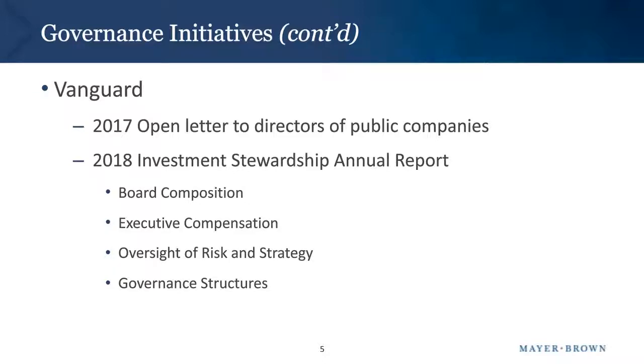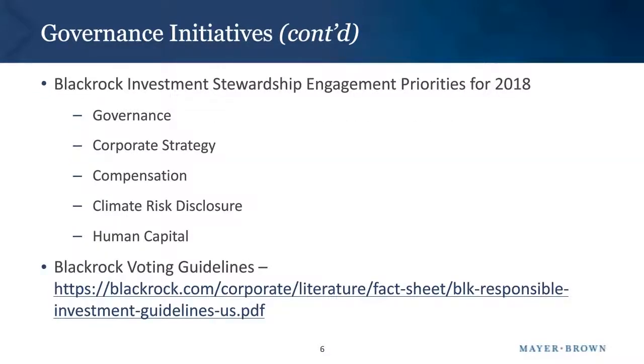The third one I'm going to mention is the BlackRock Investment Stewardship Engagement Priorities. Their investment stewardship team engages with companies to understand their approach to corporate governance, including the management of relevant environmental and social factors. They focus on 5 key points: board composition, effectiveness, diversity, and accountability; board review of corporate strategy in light of shifting assumptions; executive pay policies and how closely they link to long-term strategy and goals;